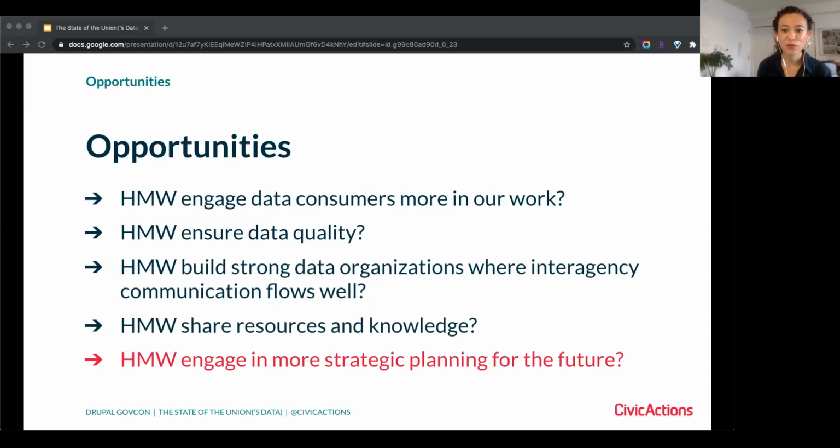And finally, how might we engage in more strategic planning for the future? How do we really create a plan about becoming data-driven organizations? And how do we envision the future and outline the steps toward it? So we've been sharing a lot of the what and a lot of the why, and I think you're seeing that we don't have a lot of the how for you, but we do have a few modest recommendations if your agency or city or state is working on an open data program right